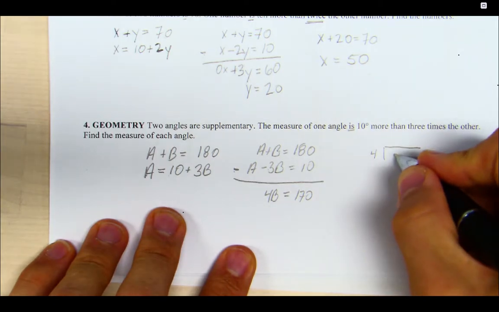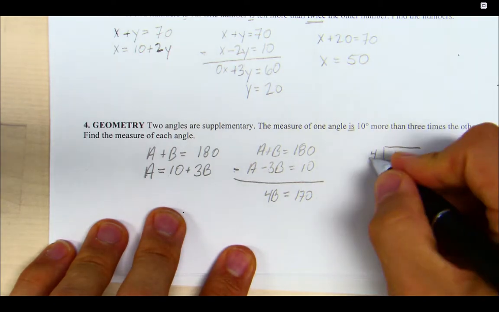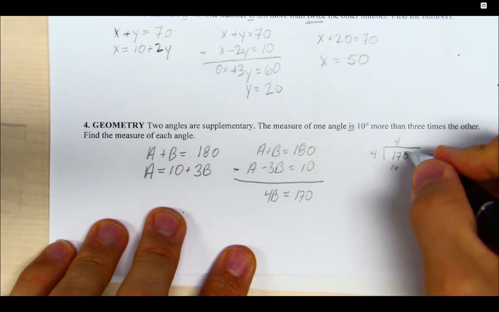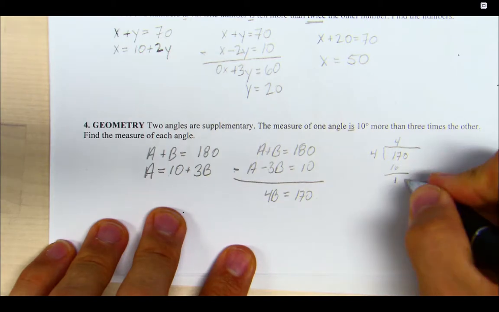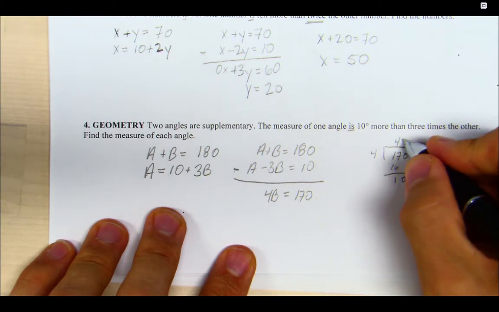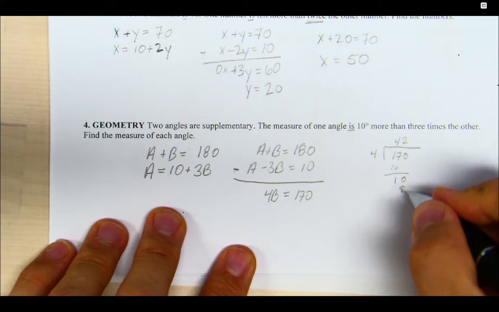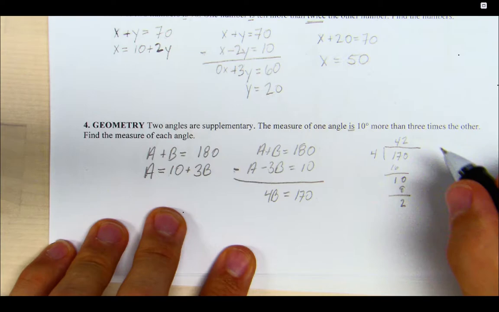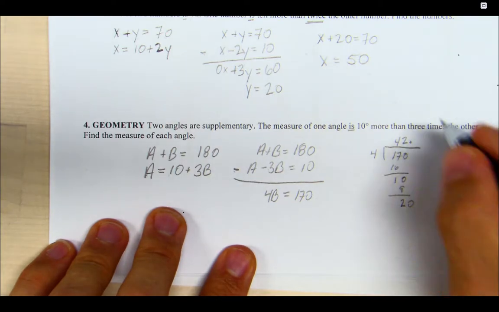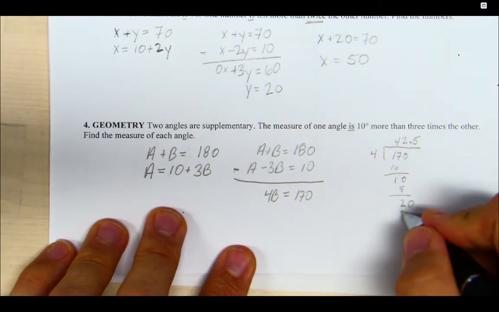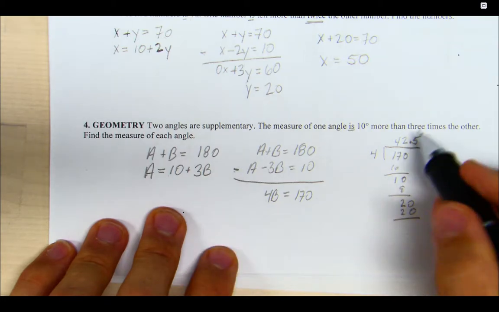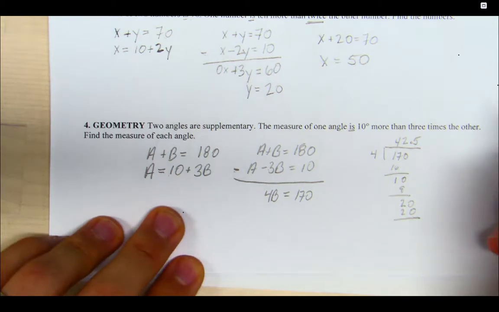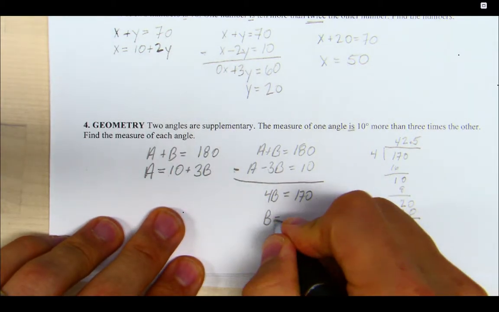4 goes into 170. 4 goes into 17. 4 times 4 is 16. Carry the 1. 4 goes into 10 2 times. Remainder of 2, and then put a decimal in for the 0. Looks like 42.5. 4 goes 42.5 times into 170. So my b is equal to